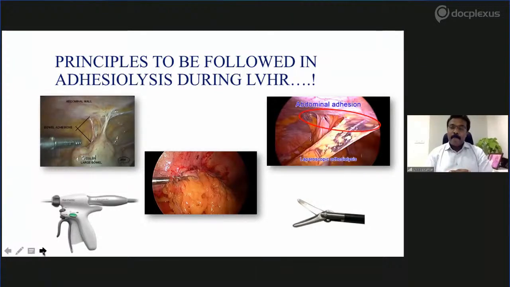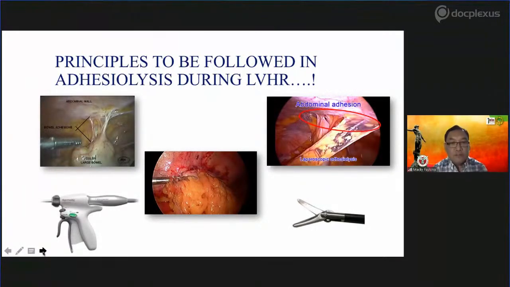Of course, try to use cold scissors as much as possible. If the intestine is quite stuck, then I normally cut the peritoneum. So better leave the peritoneum in the bowel rather than the bowel in the peritoneum. I normally will not use thermal devices or advanced devices like harmonics, unless I'm pretty sure that what I'm cutting is just the omentum